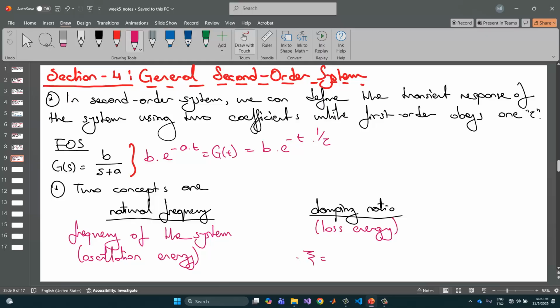Anyone remembers the zeta? Zeta 1 is critically damped, 1.2 overdamped, 0.8 underdamped. This is the directly scaled condition for this case. Okay, and so this is defined with the what? Exponential decay frequency divided by natural frequency. Okay,